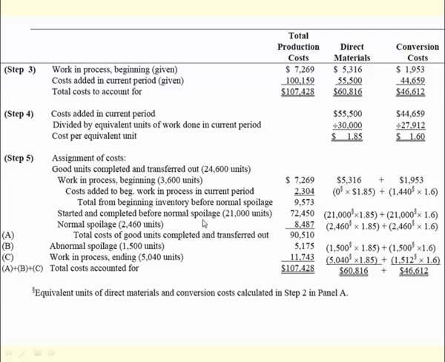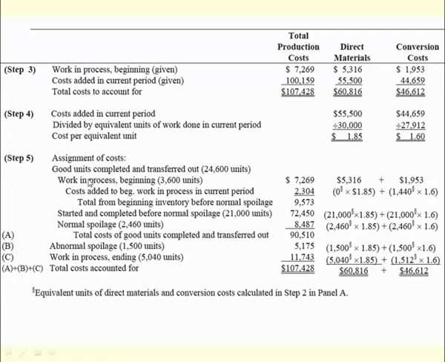Started and completed before normal spoilage, 21,000 units multiplied by 1.85 under direct materials and multiplied by $1.6 under conversion cost, which equals 72,450. Now we need to assign costs to normal spoilage, 2,460 units, also multiplied by 1.85 plus 1.6, which equals 8,487, with the amount of total cost of good units completed and transferred out,